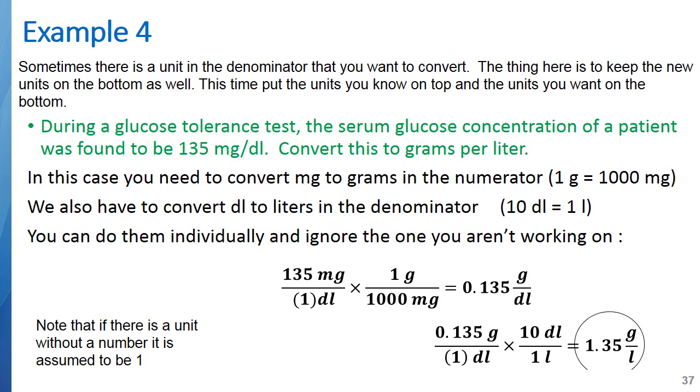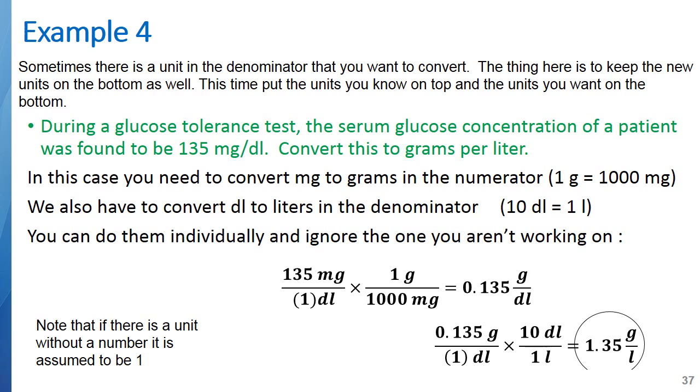So 135 milligrams, then I multiplied by 1 gram divided by 1,000 milligrams to give me 0.135 grams per deciliter. Remember also that if you've got a per unit, it assumes that it's 1, even though it doesn't have it in there. So 135 milligrams per deciliter means 135 milligrams per 1 deciliter. So if I've done the conversion where I've canceled out milligrams to get grams on the numerator, now my unit